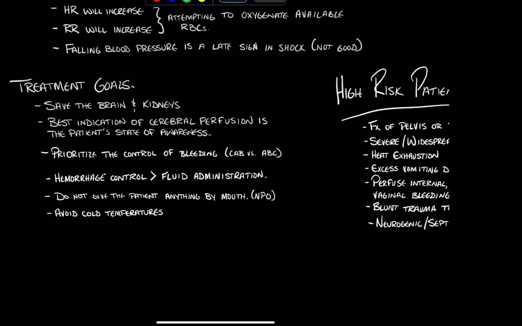With hypovolemic shock or hemorrhagic shock, we want to prioritize the control of the bleeding. So I always think of it going back to a CAB style of assessment versus ABC. Because if we're losing, I've said this before, if we're losing all of our blood onto the kitchen floor from a knife injury, there's not going to be any point of resolving an A and B if we can't get that oxygenated blood circulating through the body appropriately, right? So